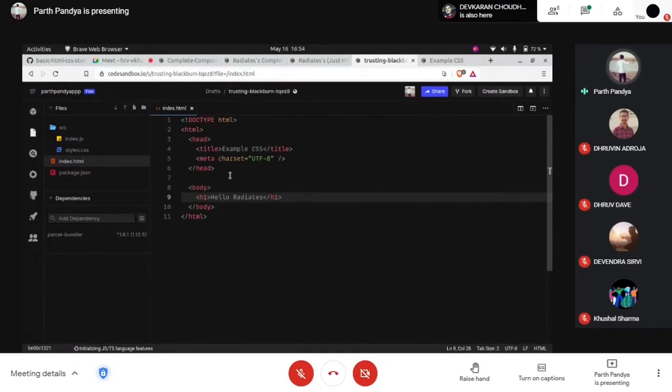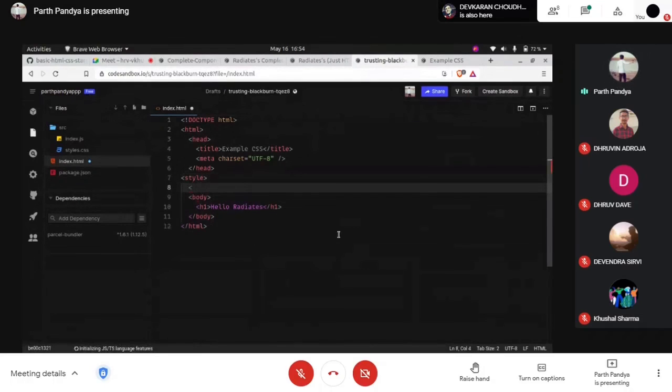Okay. So now I will introduce you to three ways we can add CSS to an HTML document. Let's start with the block type element, the style HTML element to style this CSS.